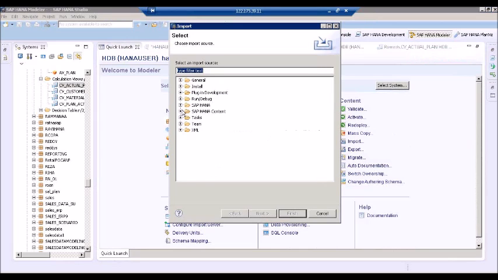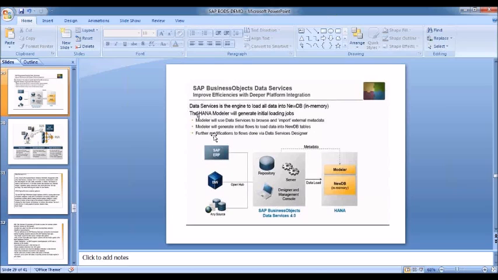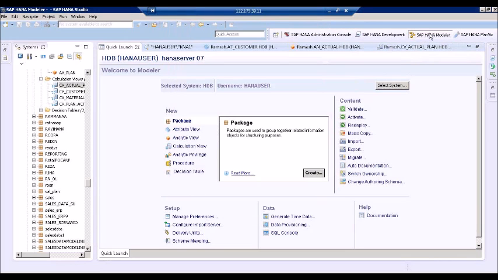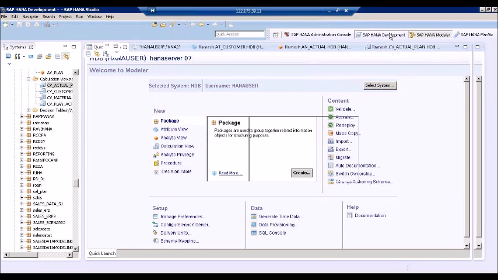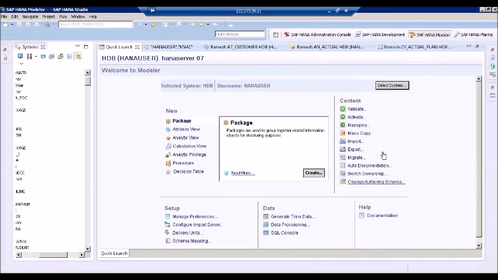See, by using import we can extract the data from selective import of metadata. We can import any of the metadata that exists into the SAP HANA content. Right? Here the modeler, one second. See, we are in the SAP HANA modeler. This is the development environment and this is the modeler environment. So by using the modeler we can import the data,